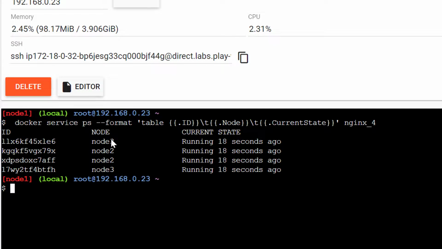So it got distributed between node 2 and 3 as the replica is 4, and based on the constraint only node 2 and 3 got selected, and the spread is based on the node type, and I do have only one type. So in a quick summary, we have seen how to mix the placement preference and constraint while creating the service, and how to meet the conditions, and how powerful it is to place the task in the node that we wanted.